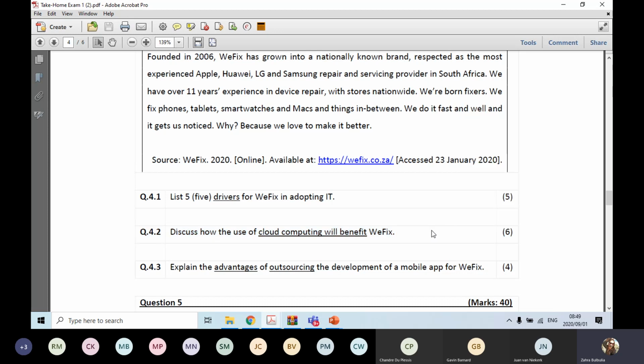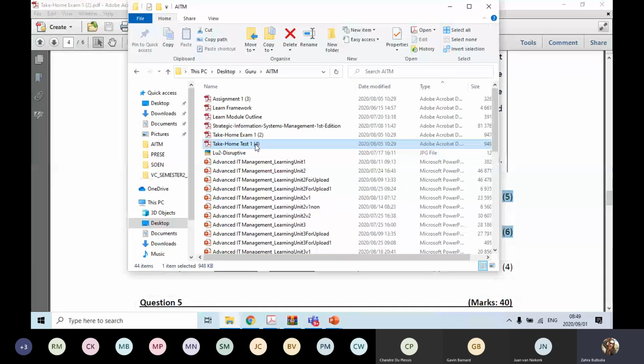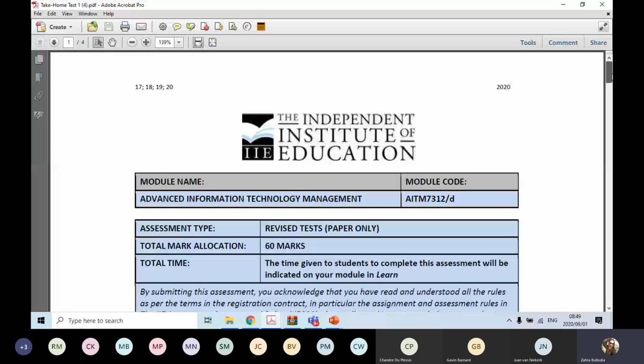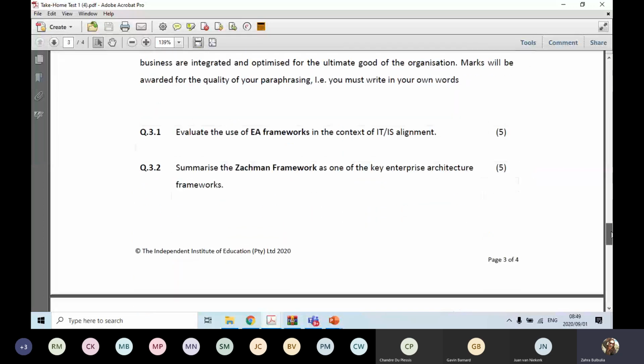So, you guys are cloud experts by now, so this should be easy for you. And they talk about explaining the advantages of outsourcing. So we're going to be doing outsourcing. I think we cover it in the next lecture. So at least these two you guys will be able to happily answer today, as well as the assignment question. And if you take a look at the take-home test,